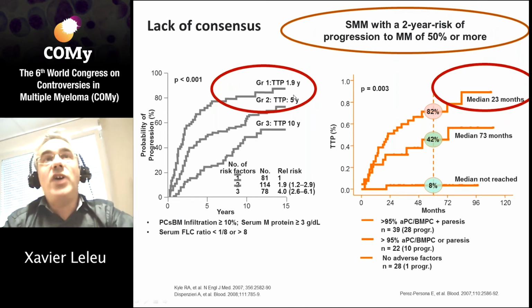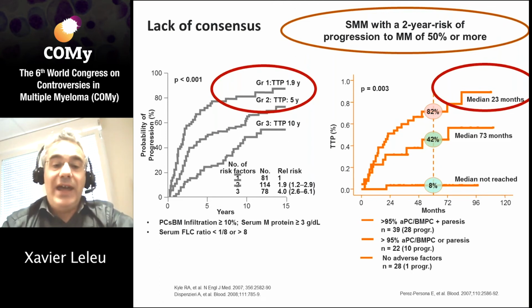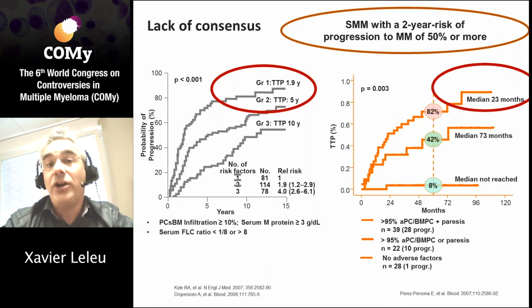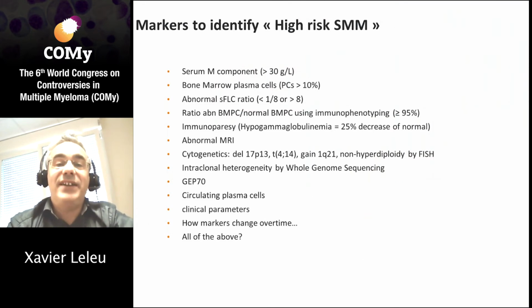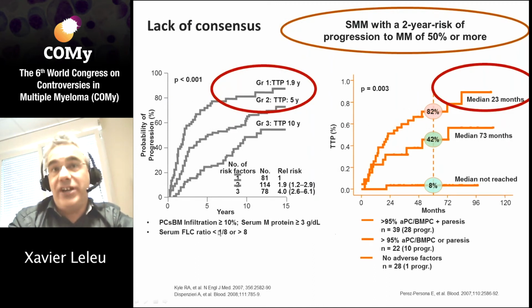And this is why we have questioned whether an early treatment could help this patient, prevent the psychological difficulties of living with the cancer without treatment, and potentially also the difficulties for the physician and the patients to wait for an end organ damage to arise and then to start the treatment, which everyone would agree is probably not something good for the patients. So the problem we have is that here, I've listed for you a series of markers